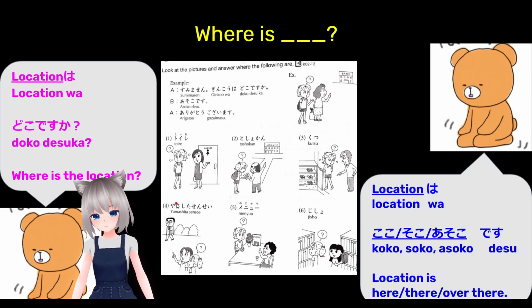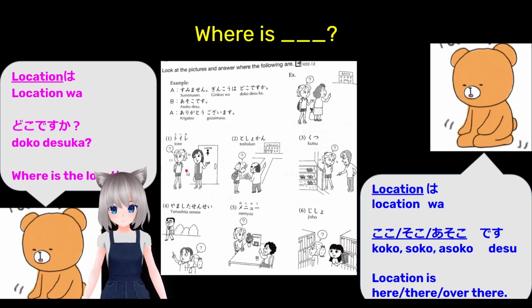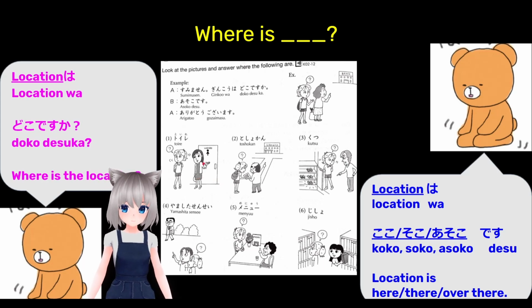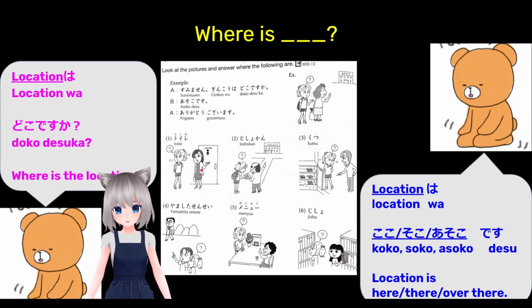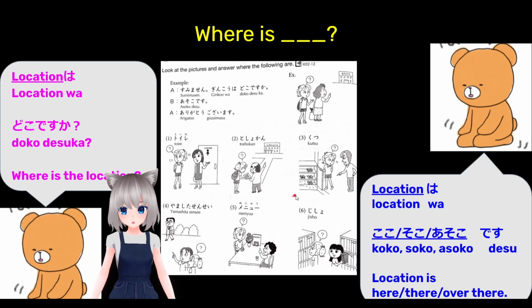トイレはどこですか? I'll give you 2 seconds to think. トイレはここです。So the lady is standing next to the bathroom, so it's here. トイレはここです。Next one. 図書館, library. 図書館はどこですか? 図書館はあそこです。They are away from the library, so you're using あそこです。